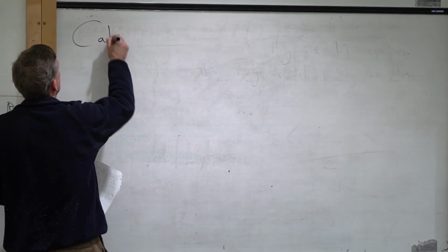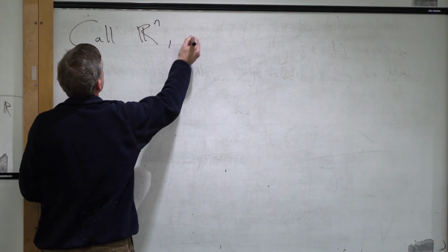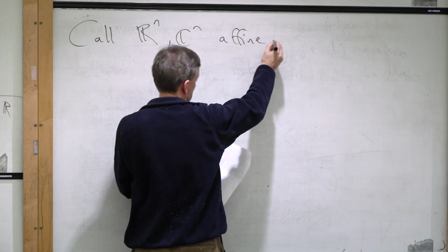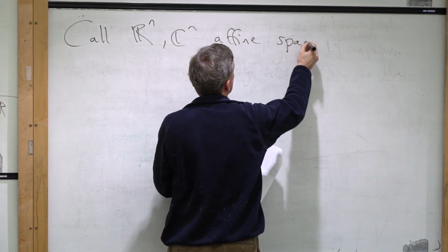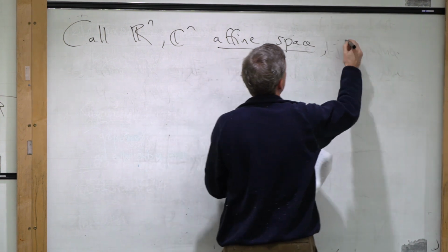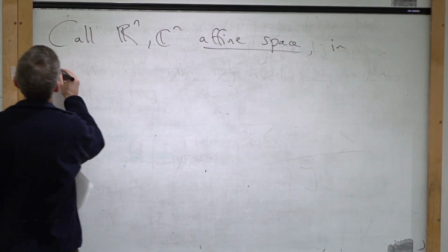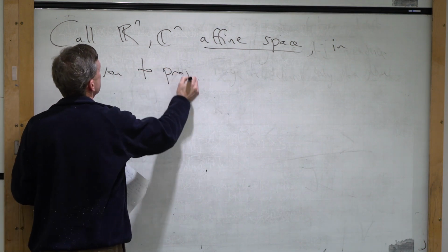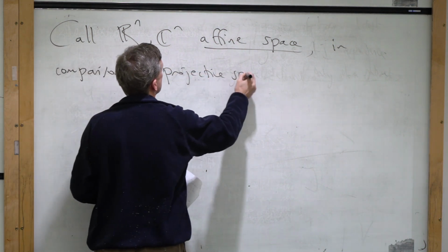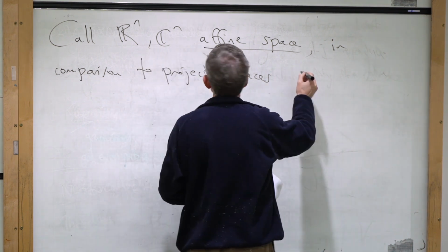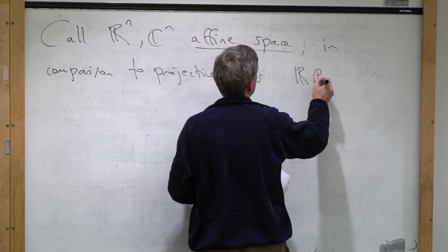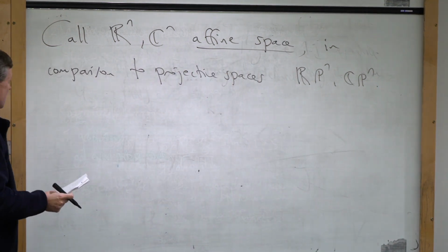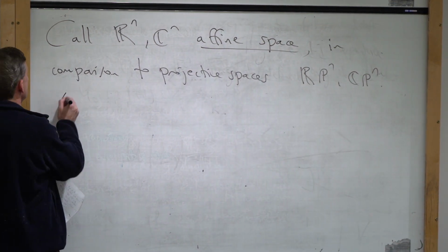So we call R^n and C^n affine space, in comparison to the projective spaces RP^n and CP^n. So then, somehow affine geometry,